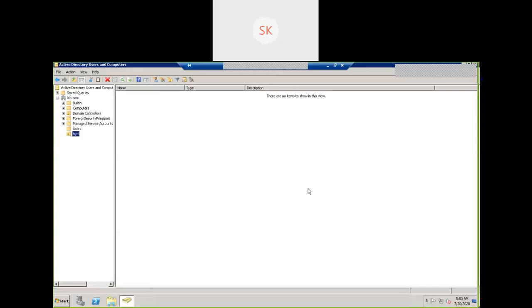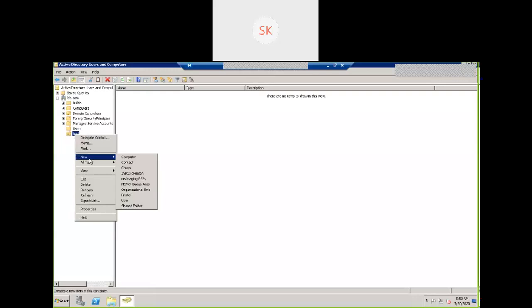Now, if you right click on Hyderabad, I can create users, I can create groups, everything I can do. Whatever actions I create on this particular OU, I'm going to implement certain policies according to organization requirements. The purpose of creating an OU is to restrict to a certain area. Hyderabad office is going to have certain limitations.